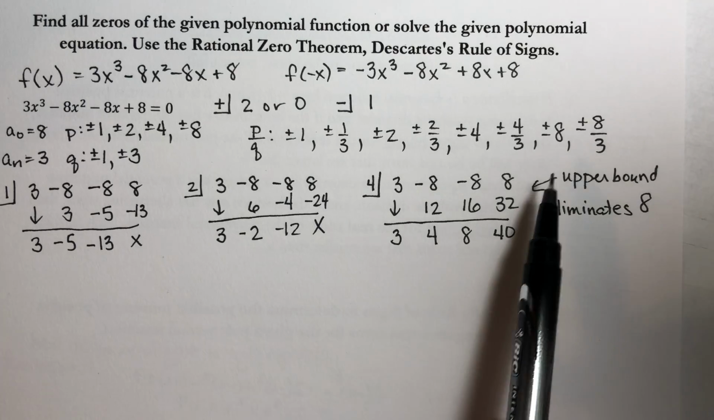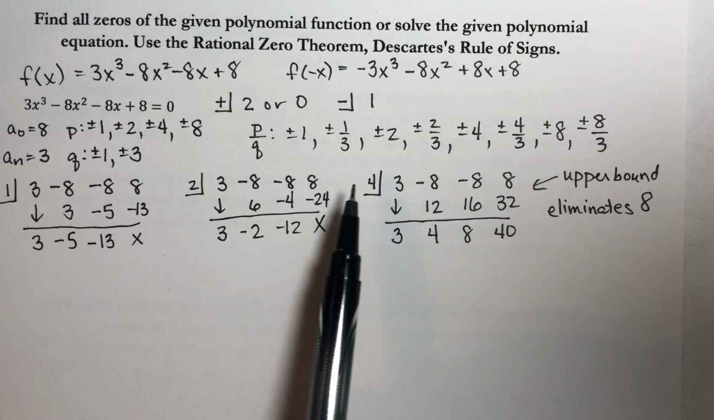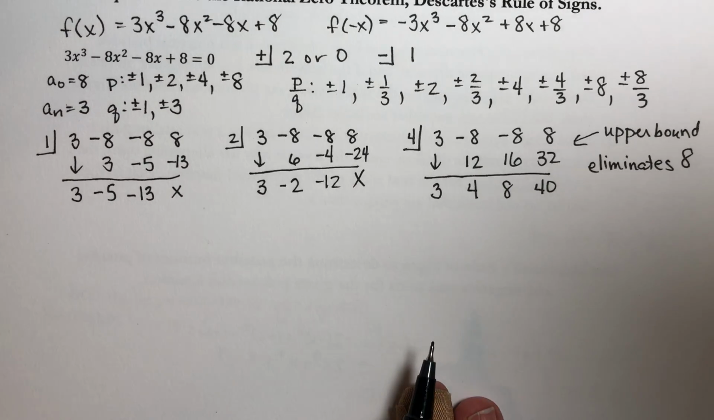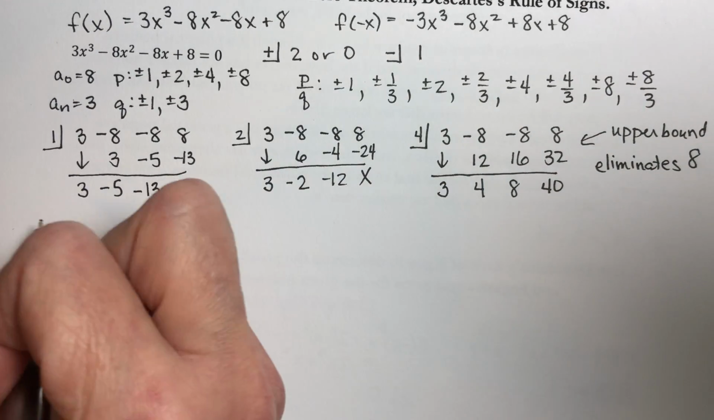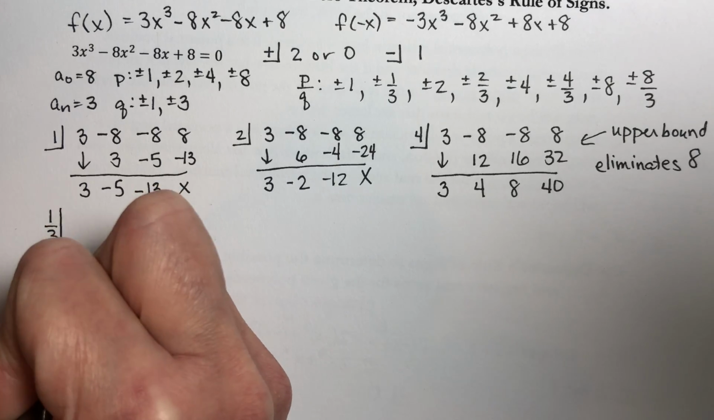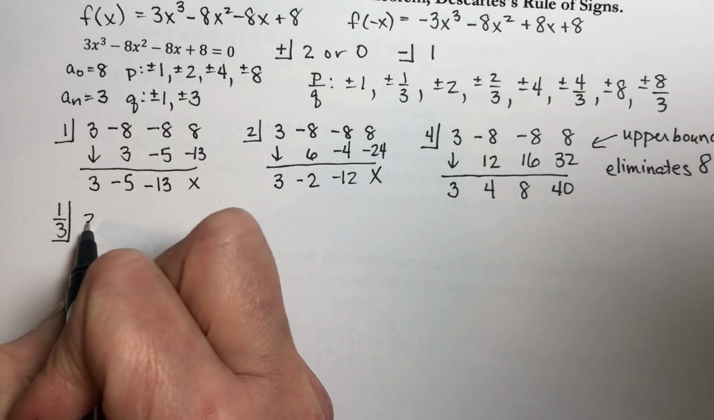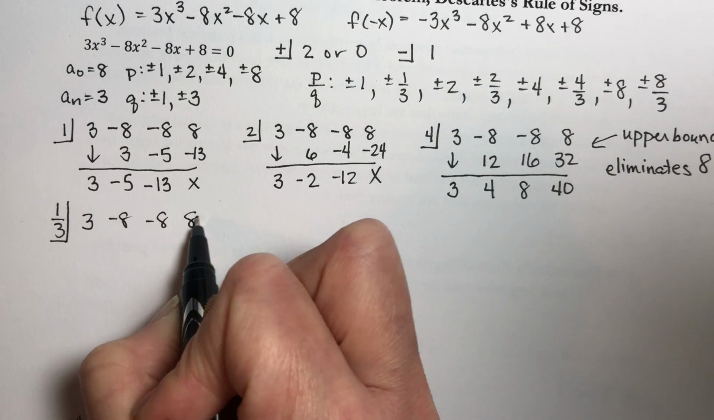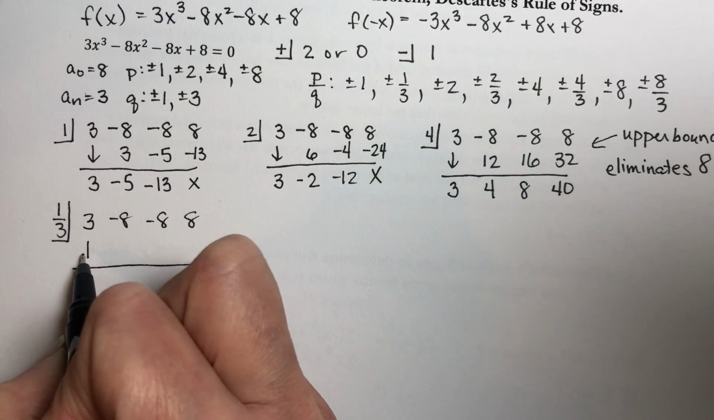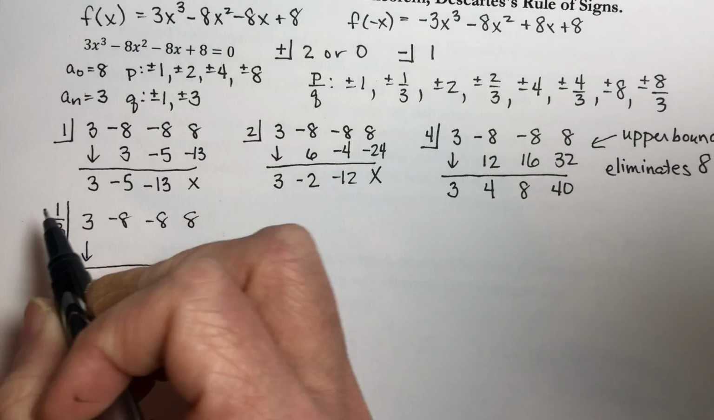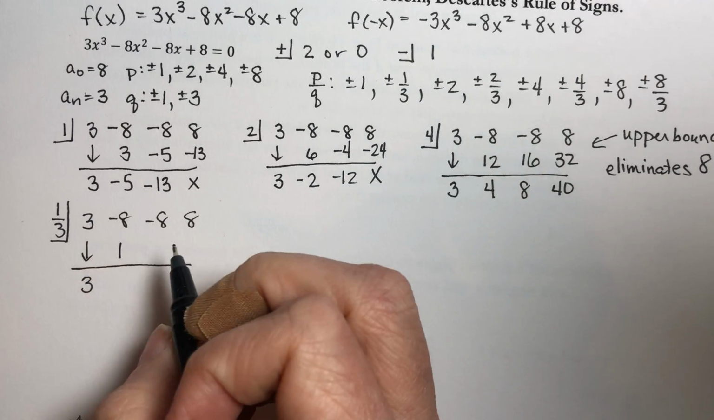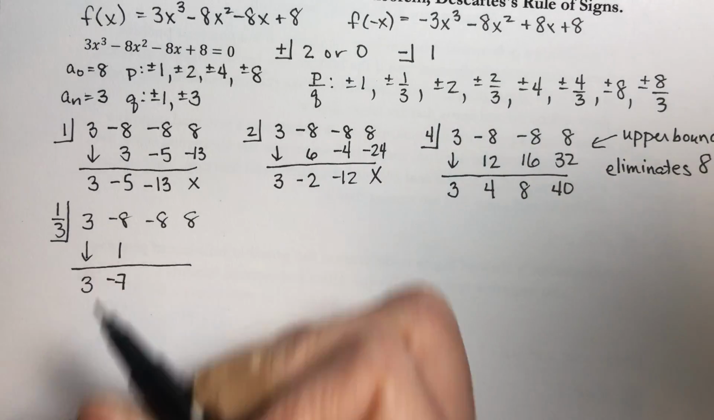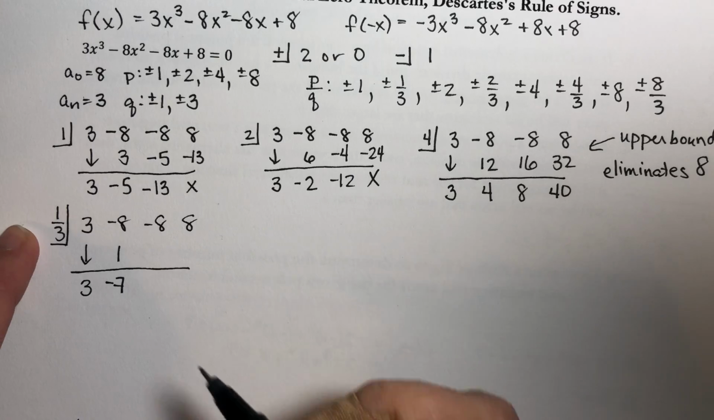I also would want to, if any of my fractions were a value larger than 4, I would eliminate that too. It's just we don't have anything that big. So let's check 1/3. So again, 3, -8, -8, and +8. Bring down the 3. 3 times 1/3 is 1. -8 plus 1 is -7. -7 times 1/3 is